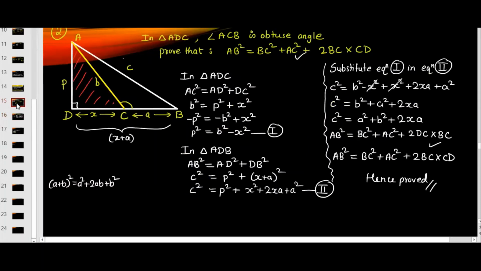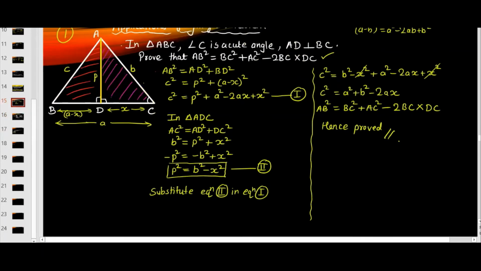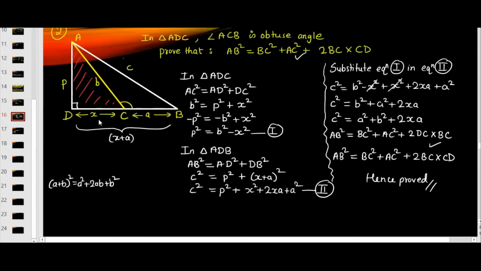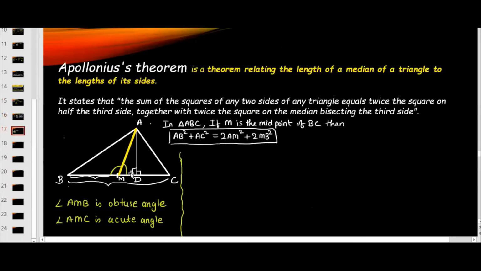Why? Because if you see both triangles, in the middle there is an AD length which is perpendicular to BC, and if you see the second triangle, there is an obtuse angle here. So when you combine both triangles, you get a diagram like this. On the right side of the yellow line, you will see the first application we proved, and on the left side, we proved the second application. So here, both the triangles are combined. That's why we are going to use the results we got there. So let us write those two proofs.